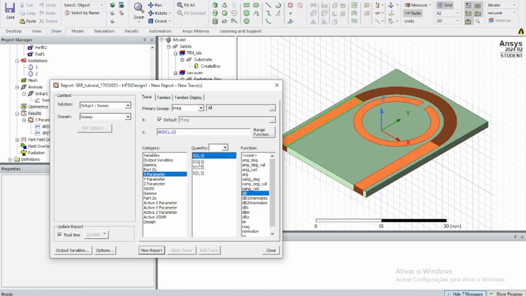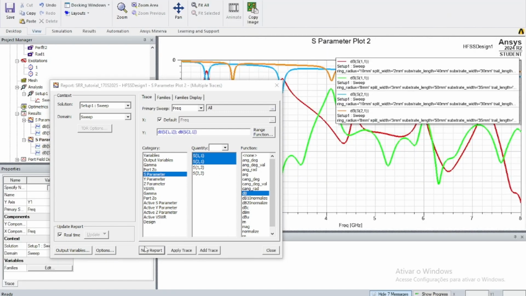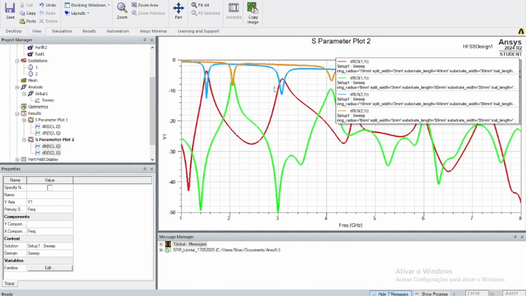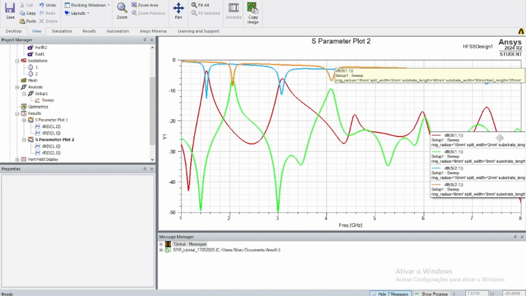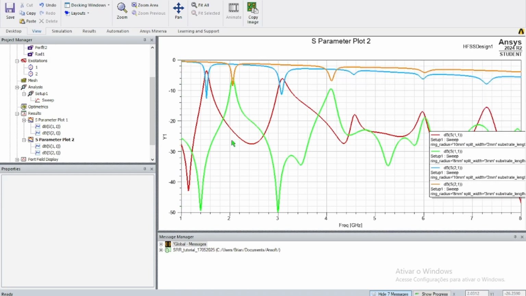As parameter, S1, new report. Okay, got one over the other, which is not ideal, but in any case,